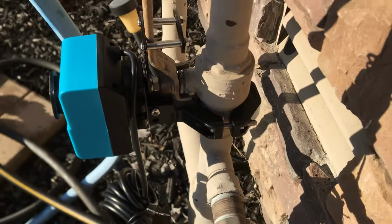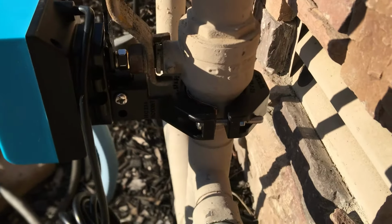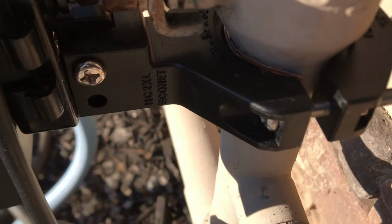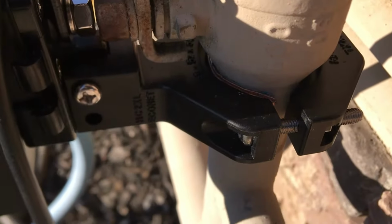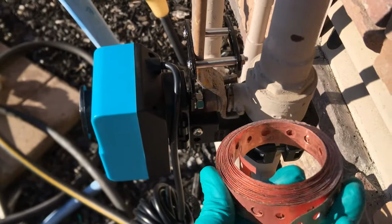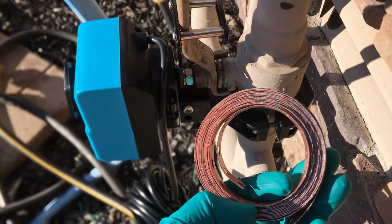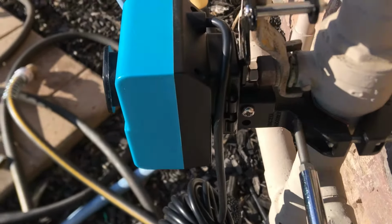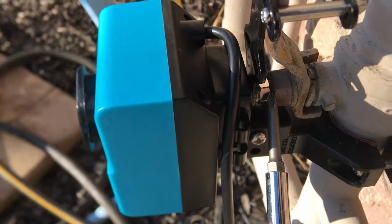Goes in here. A couple of things I had to do was, because the valve that I have is sweated and it's huge, you'll notice that I have a copper spacer, because I think this valve is brass, so you got to use some copper on there even though it's painted. So basically use some copper plumbing strap, about 4 folds to it, and I got it right here. The reason why I needed that was I needed to elevate this portion here so that the nut doesn't ride